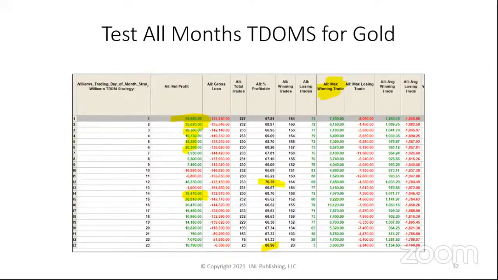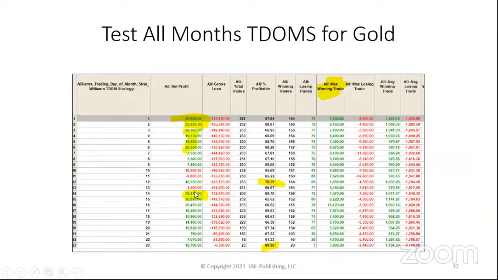So we see for gold, a lot of green here, right? At the first few trading days of the month. We see high accuracy, 70%, the 12th trading day of the month, but it's got reds on both sides. Then we get into trading day 14, 15. Oh, I like that a lot. A lot of green starts to come again. So generally speaking in gold, the first couple trading days of the month and around the middle of the month, trading day 14, 15 have been the best trading days of the month.